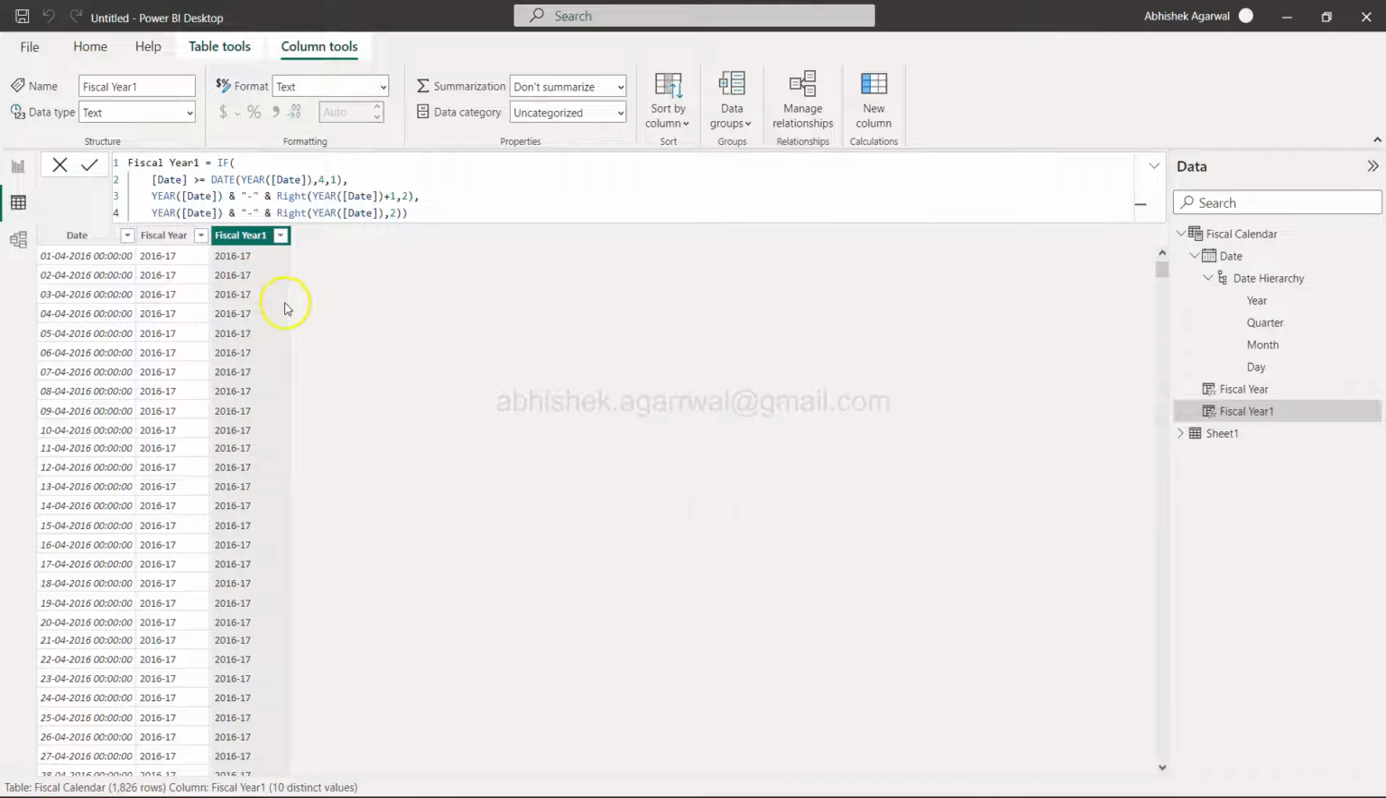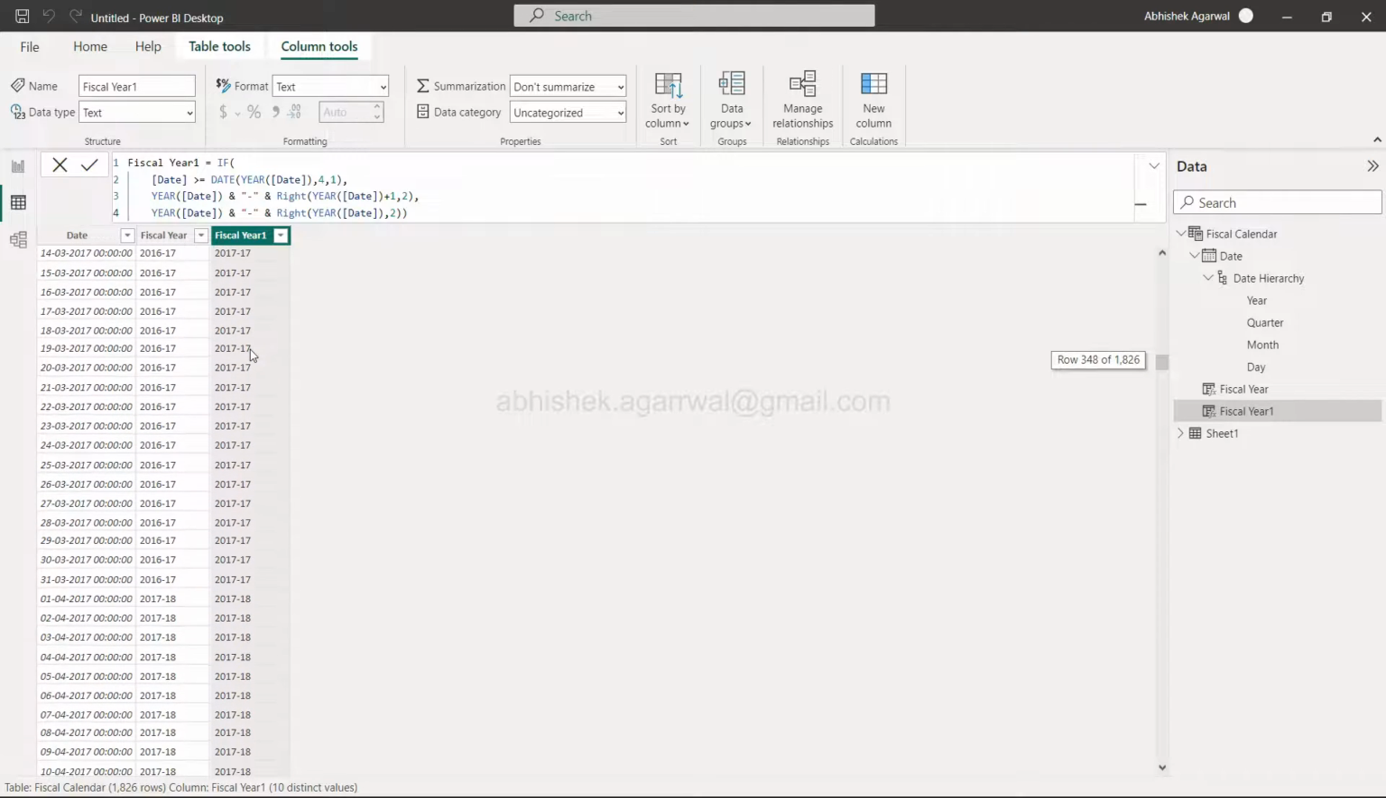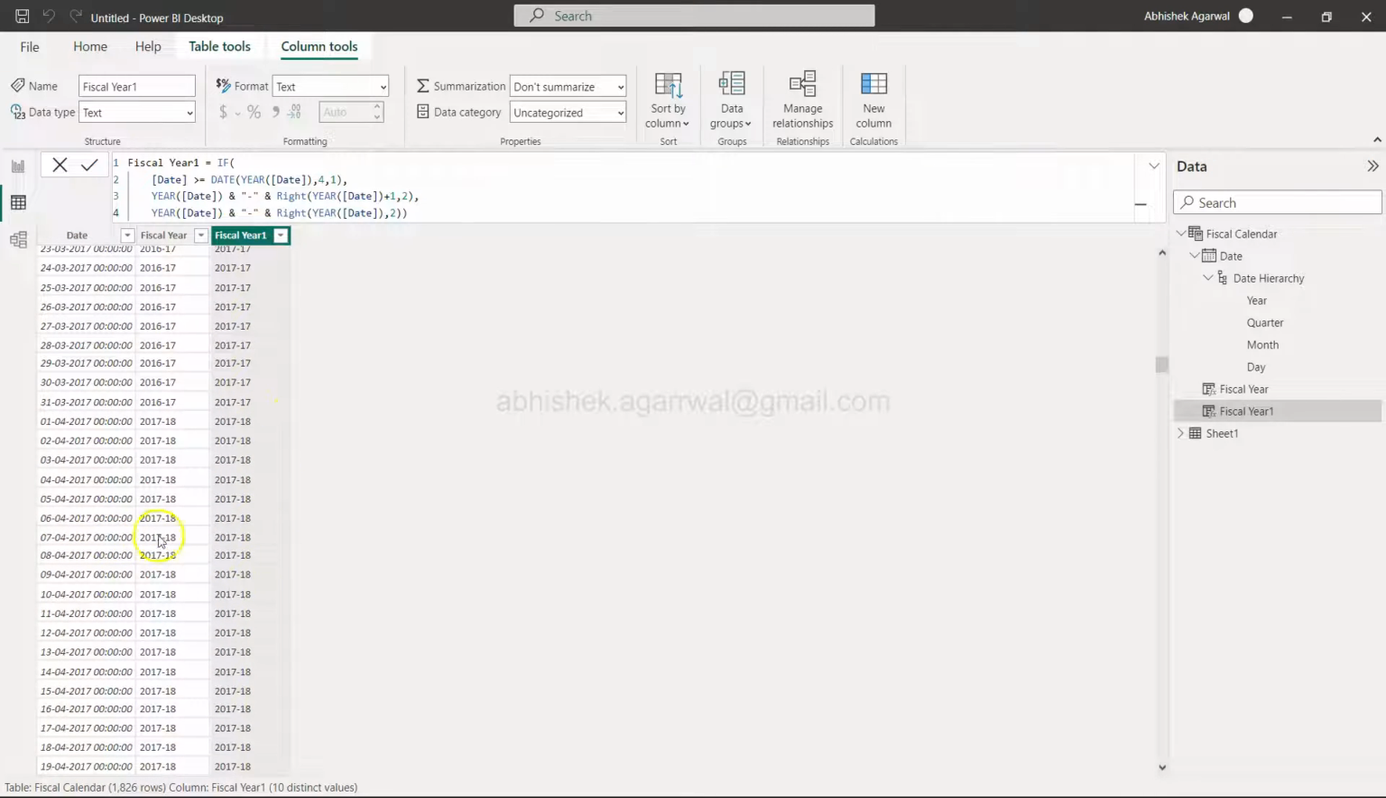So then what it produces is absolutely the similar output that you need for your reporting. And that way, when you are in fiscal year 2016, or let's say you go down, you get 2018, and so on and so forth. So over here, it is starting from 1st April 2017. It has shifted the fiscal year from